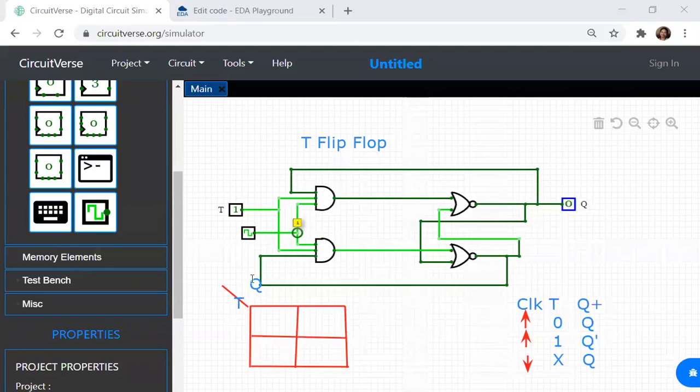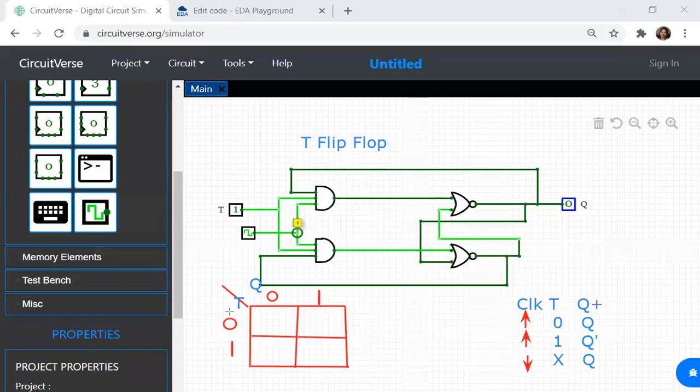So now this is 0, and this is 1. This is 0, and this is 1. Now when T is 0, what will be the output? The output will follow the previous state.